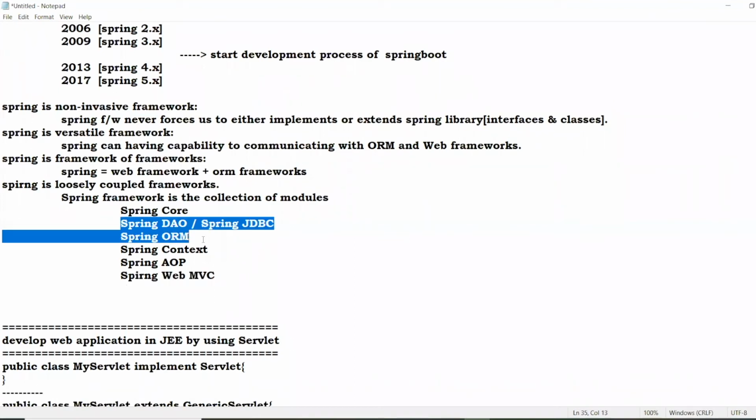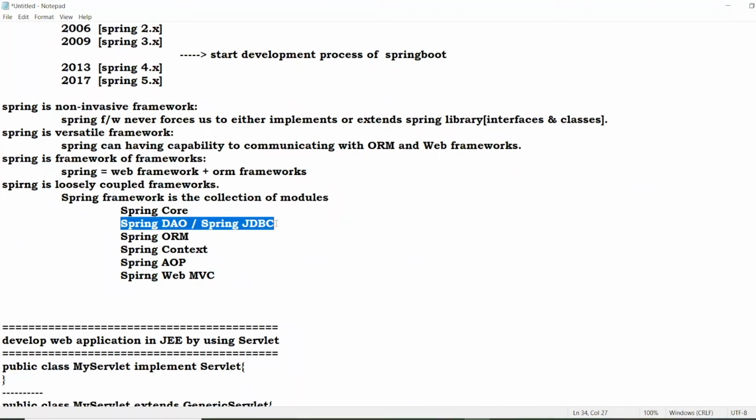So in Spring, we are learning these two separately. But in SpringBoot, we are not going to learn these two. For these two, we have an advanced level. Initially, what we have is JDBC. The JDBC concept we can overcome with the support of DAO and JDBC. I will show you everything theoretically. First, let me make it perfect.